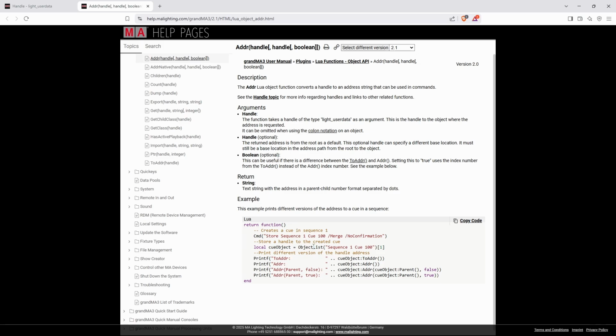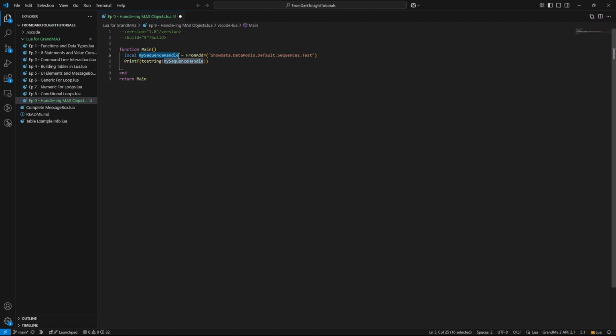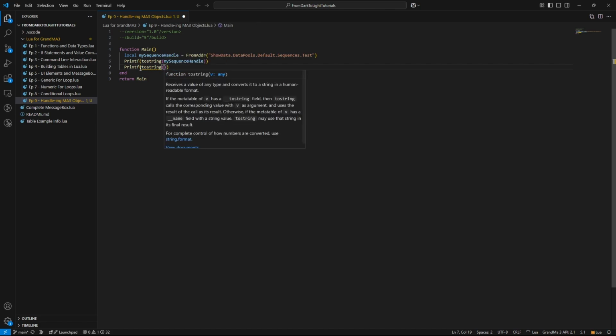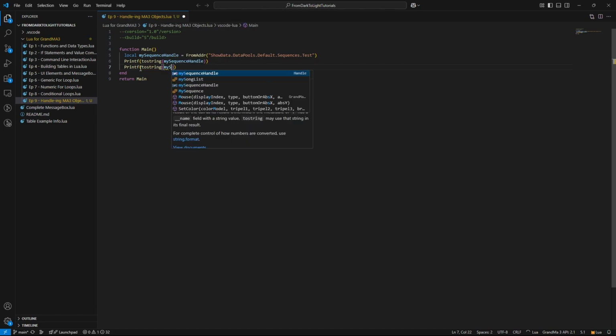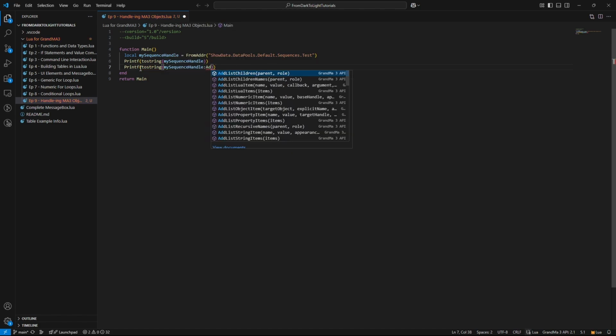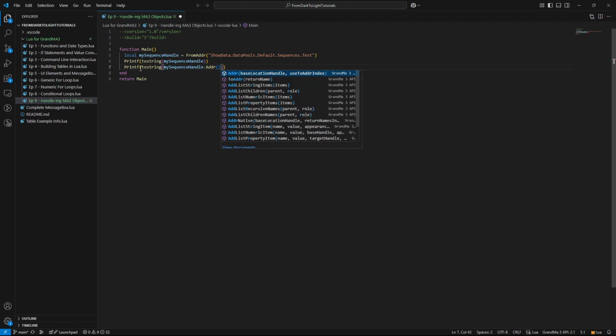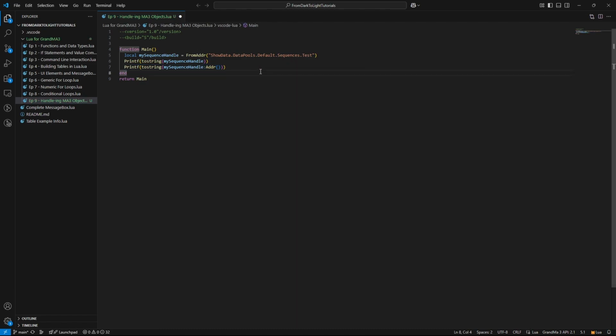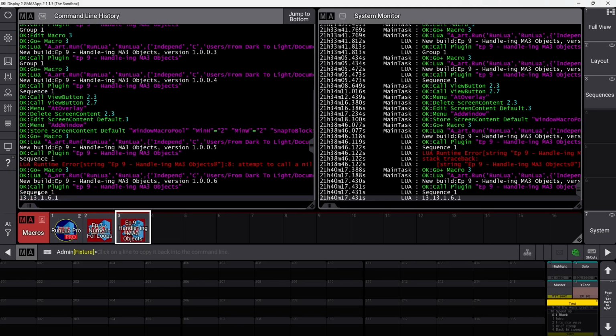We can see the example they have here is they're using ObjectList to get the handle of an object first, but we already know this variable mySequenceHandle contains a handle. This is now a handle to this object. So I'm going to do printf to string mySequenceHandle:ADDR, and put that parentheses there because it needs that to figure out that it's a function. And then we'll go run that. And it says sequence 1,